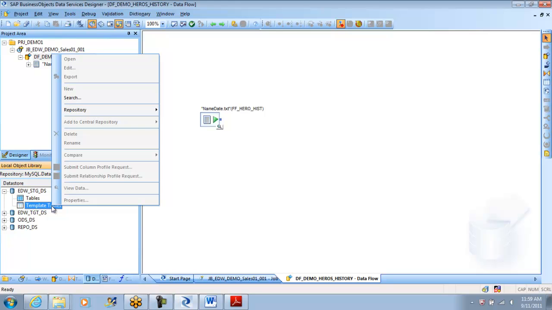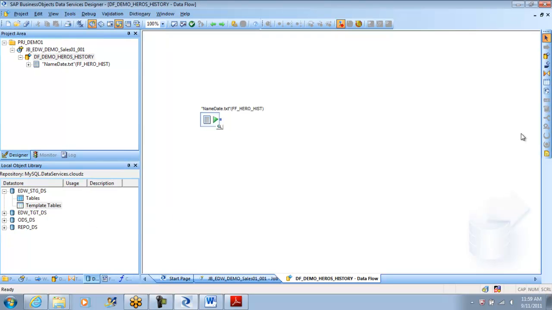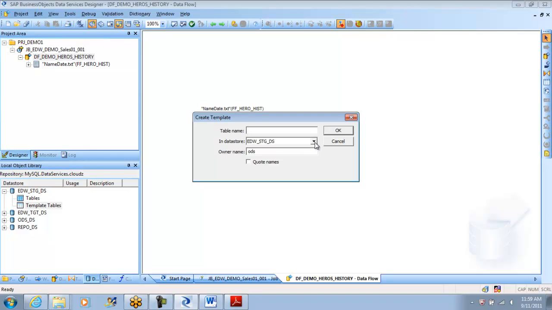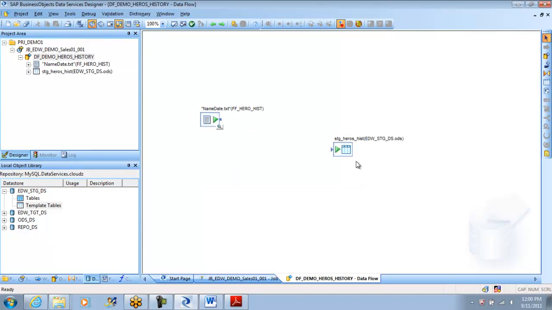Not every tool has this. You can create a template table. You can create a database table from here itself. So I'm going to give this table name as stg underscore heroes hist. This is my table name. And the owner of it is ODS. Everything is fine. Once I say that, I got a table created here. If you ask me, is this the real table? Yes, in database